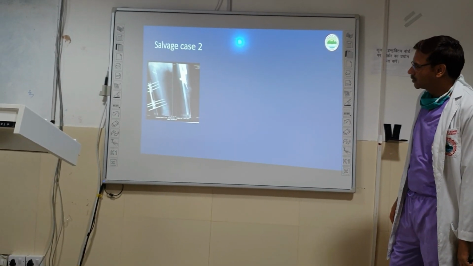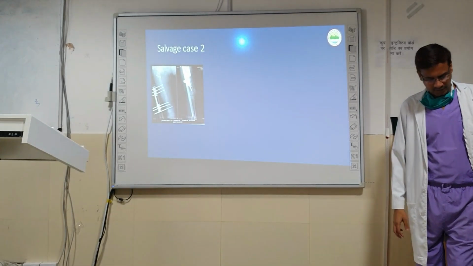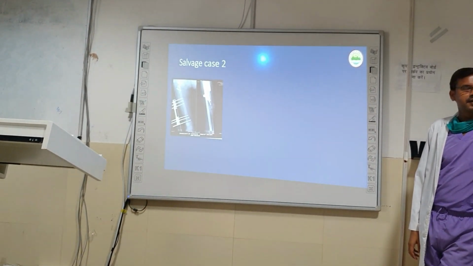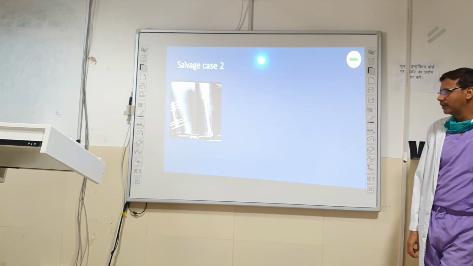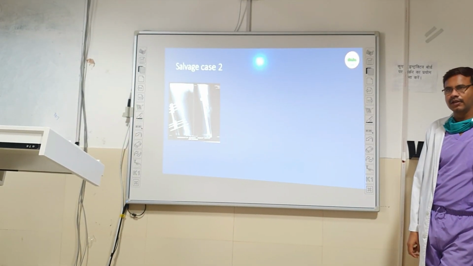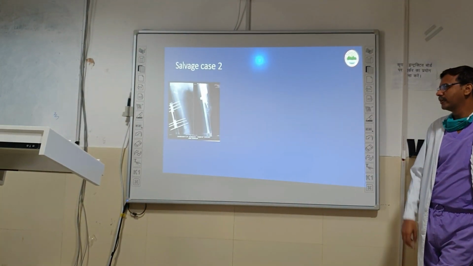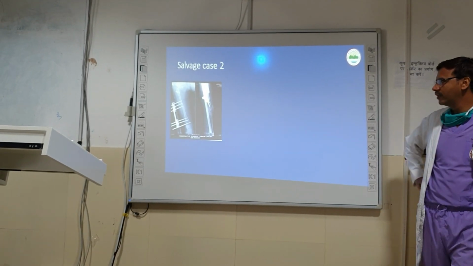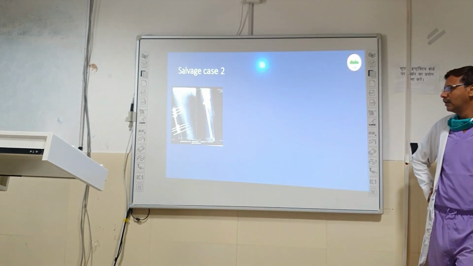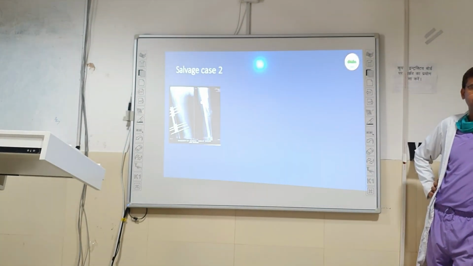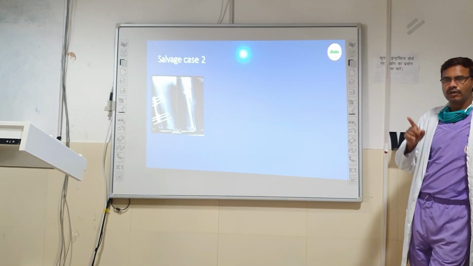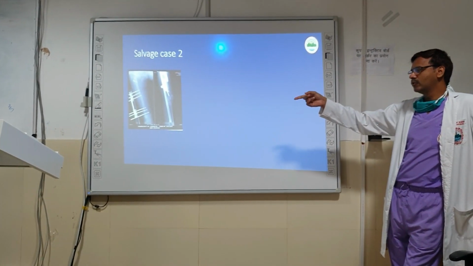This is actually not DDH as such, but here is an example of infantile septic hip sequelae. This also you come across many times when the hip is slightly subluxated and there is abductor lurching, there is shortening. One of the salvage procedures which we do frequently, and we are going to publish this also with Dr. Nagaraj in Prague, is this: to improve the abductor lurch, you can do a little bit of distalization of the abductors, and at the same time you can do lengthening of the femur.